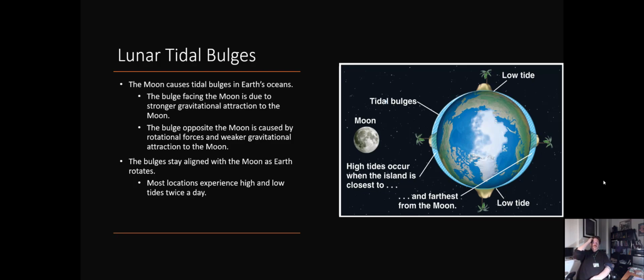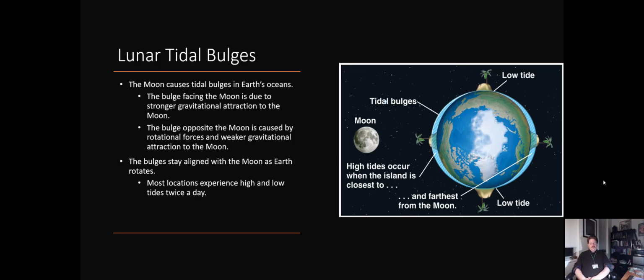Now, you might be asking, why is this a bulgy shape rather than a teardrop shape? If the moon is on one side, you can easily see why the water would be pulled over to the one side. But why is it being pulled over to the right side? There's obviously nothing there, so what's causing that? Here you have to think of this system as a system really in free fall. The best example I can give you is to take 3 balls attached via 2 springs. So you have ball, spring, and then ball, and you drop it in